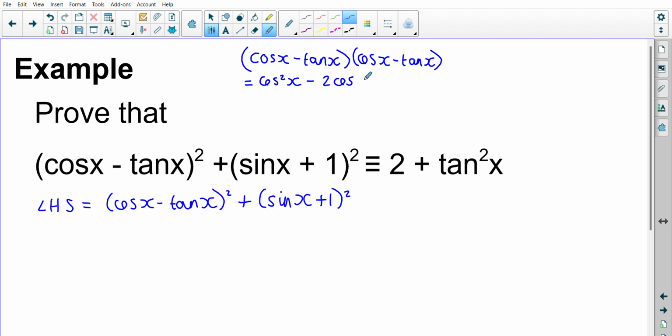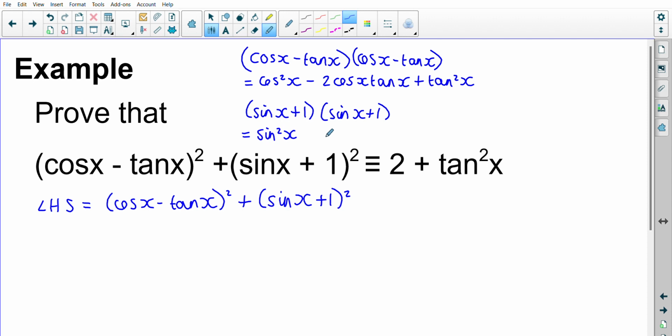Sorry, not a cos squared x, a cos x tan x. And then plus tan squared x. If I do the other one, I'll have sine squared x plus 2 lots of a sine x and then plus 1. Right, so if I input these in here then,